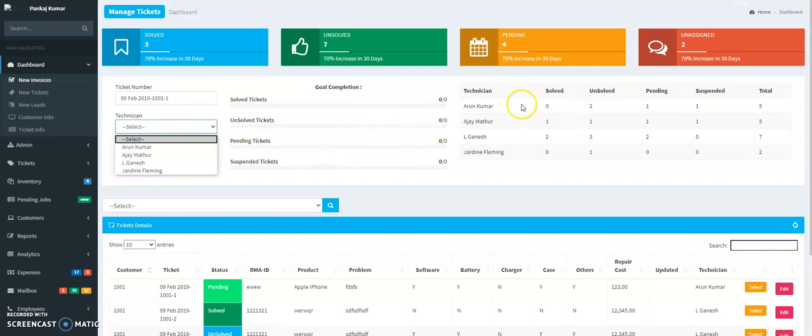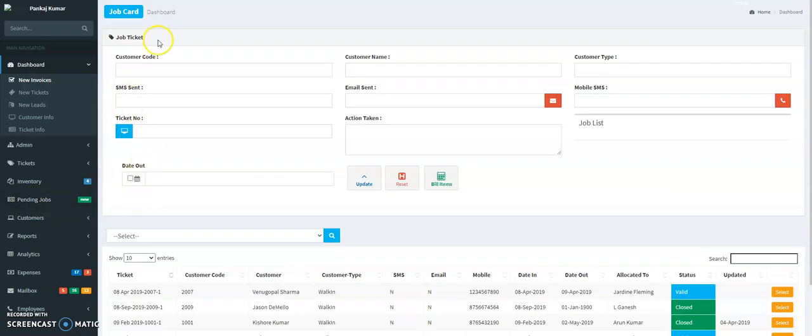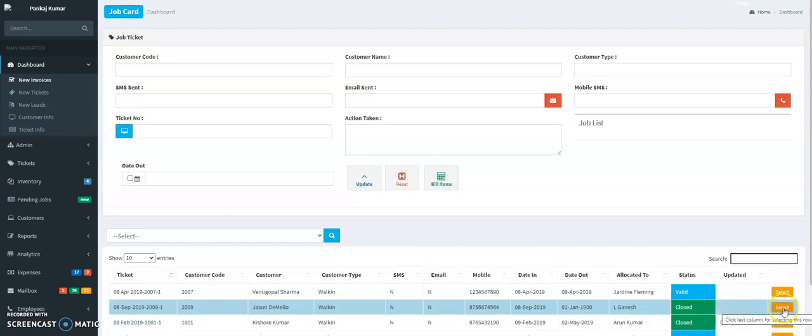The goal completion and the technician, how many tickets have been assigned are displayed on this screen. Once the ticket is assigned to a technician, we go to pending jobs. On the pending job, which is the job card, we select the ticket